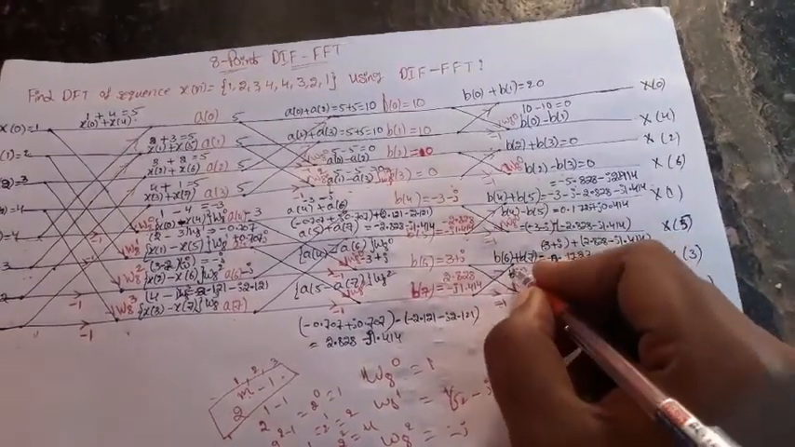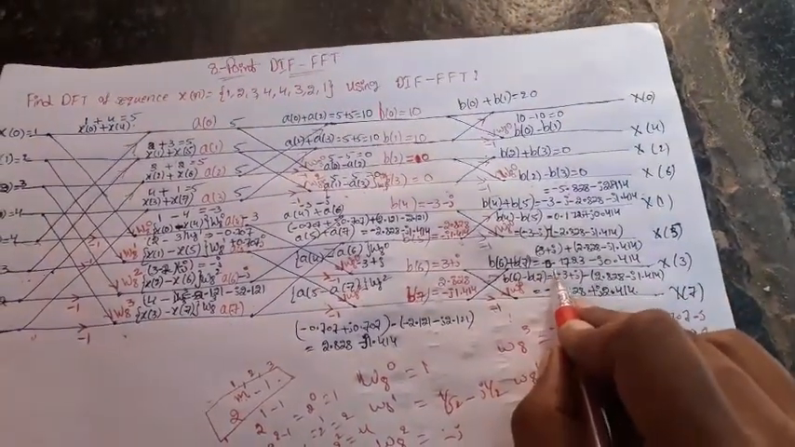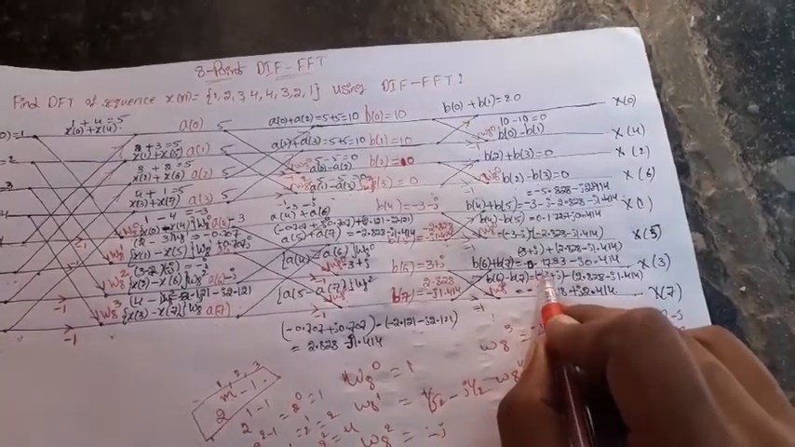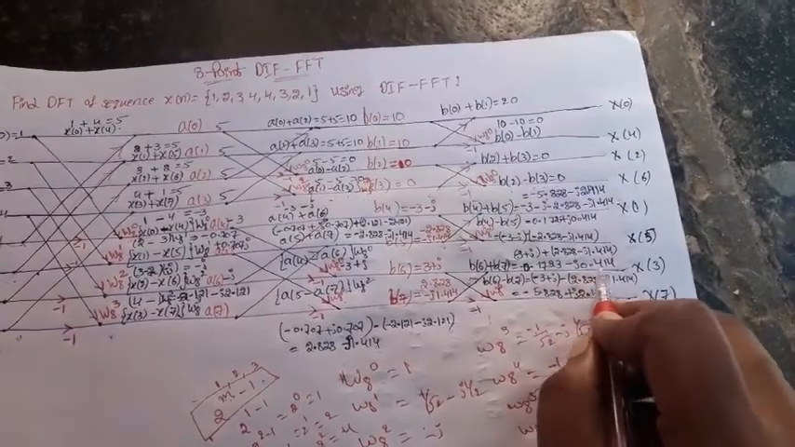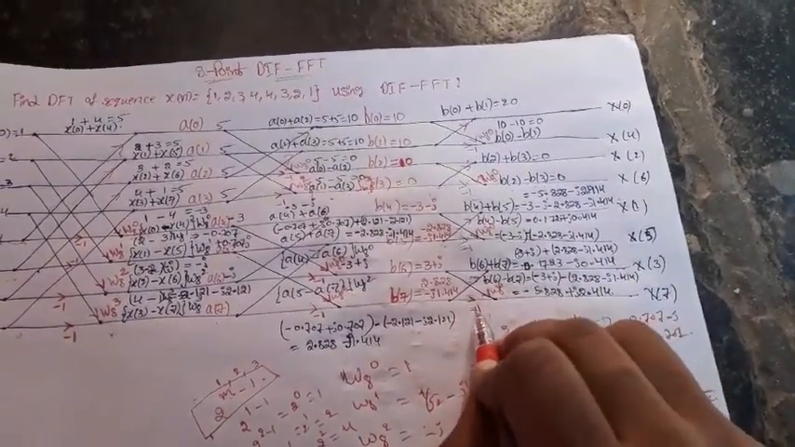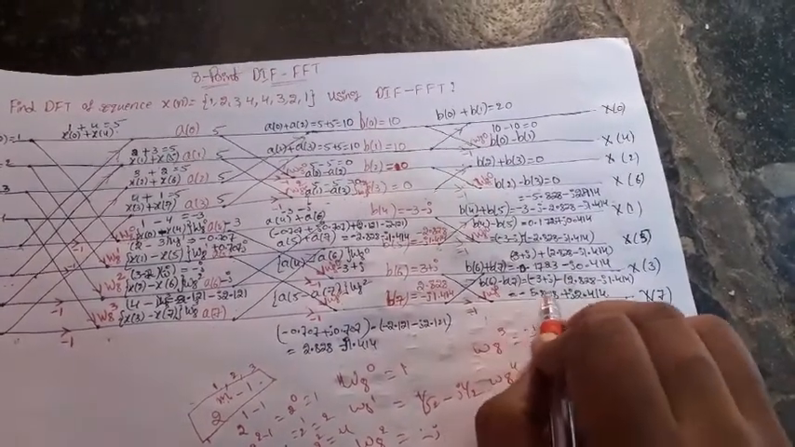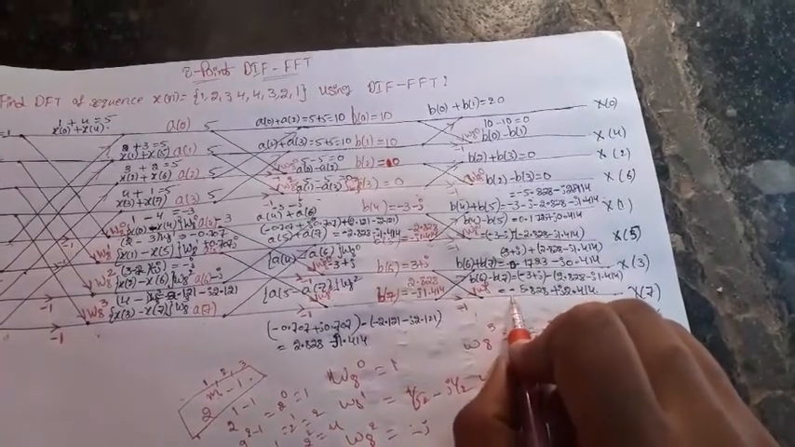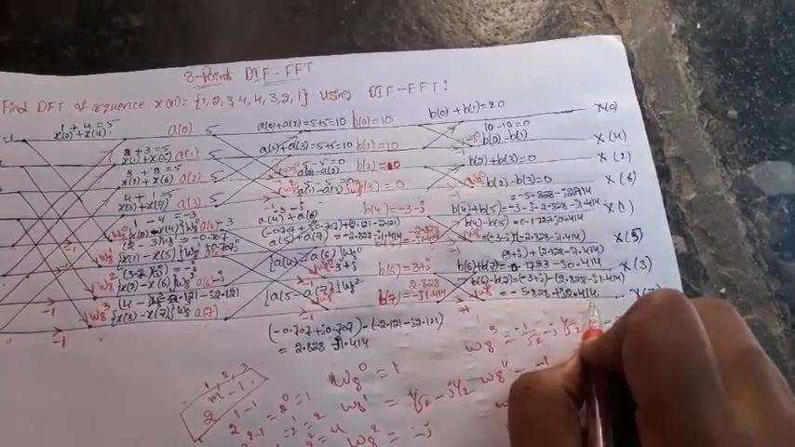Here b of 6 plus b of 7. So the b of 6 and b of 7 values are added. Then we simplify that. The value is 0.1725 minus j 0.414, and here b of 6 minus b of 7. The b of 6 and b of 7 values are these, and simplifying that, the value is minus 5.828 plus j 2.414. These are the